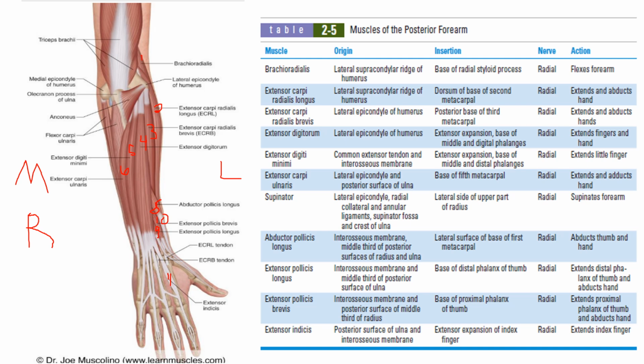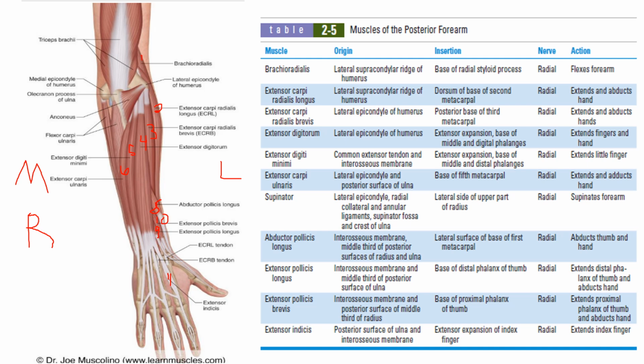But let us pronate the same aforementioned right forearm and therefore look at the muscles of the posterior forearm. For orientation, this is a right forearm and it is pronated so that to the left of our screen is the medial aspect of the forearm, and to the right of the screen is the lateral aspect of the right forearm. Let us start with this muscle called the brachioradialis.